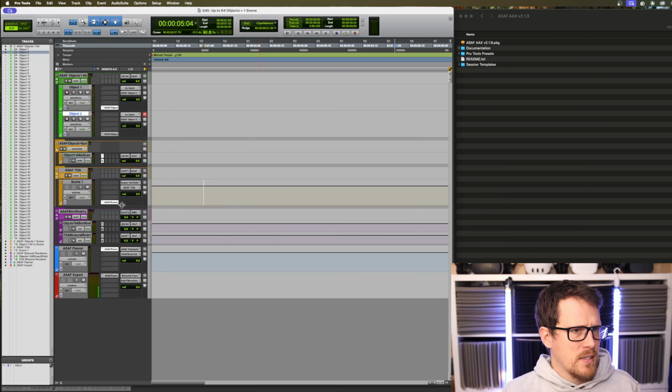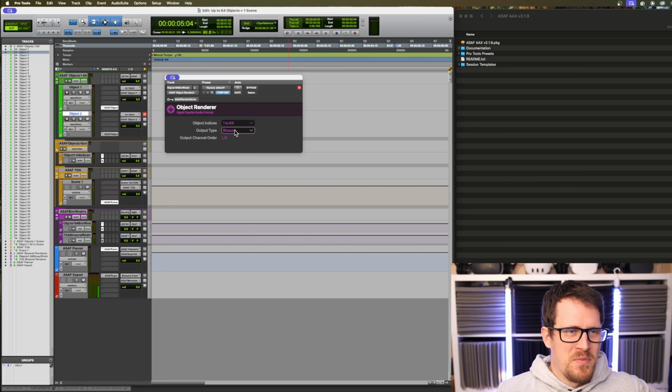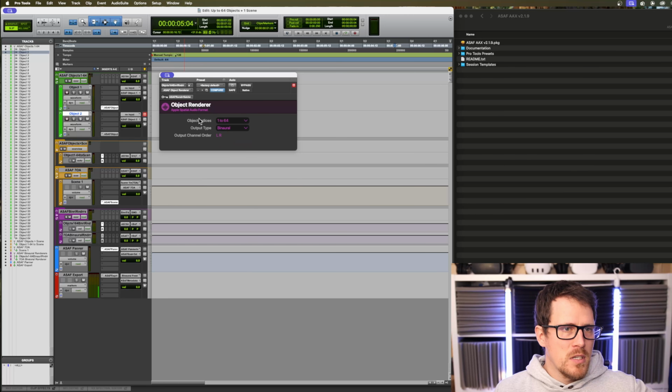Here's the object renderer. It takes all the objects and renders them. Captain Obvious. There are 2 things that you can currently do. You can press stereo when you are working with speakers, or binaural when you work with headphones. But this is where you would also change it to anything that's multi-channel audio. But there isn't really a preset, which I was surprised by.